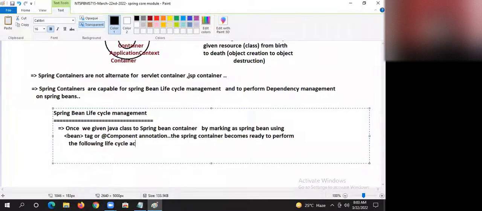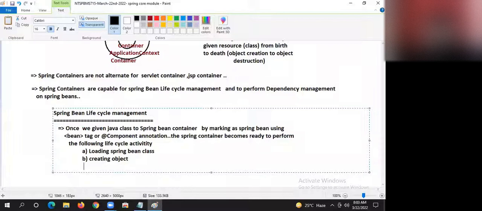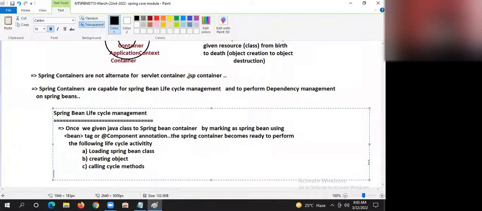The following life cycle activities. A. Loading Spring Bean class. Creating object. Calling life cycle methods. Okay.